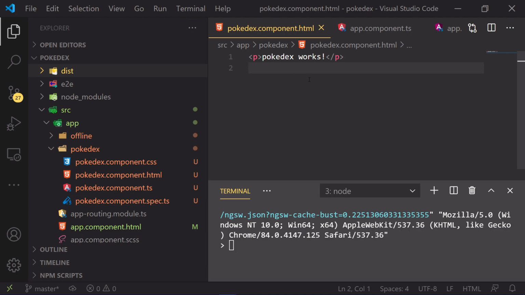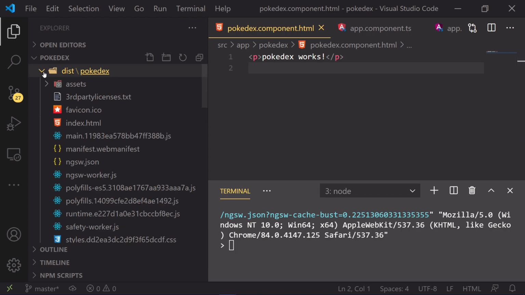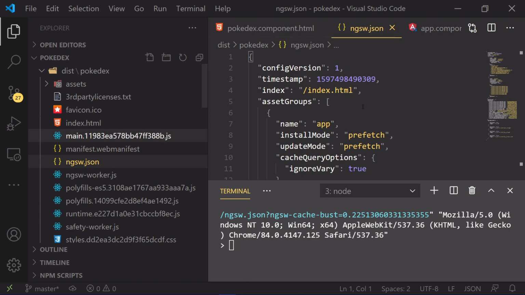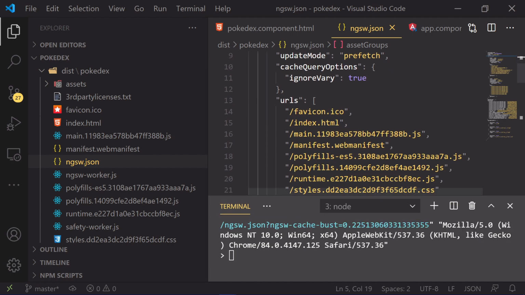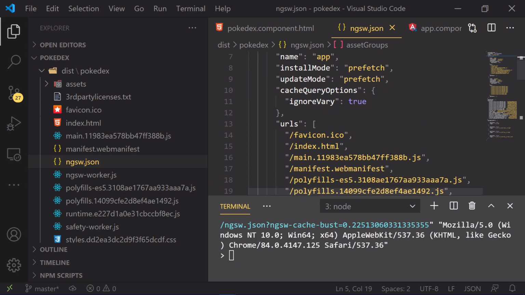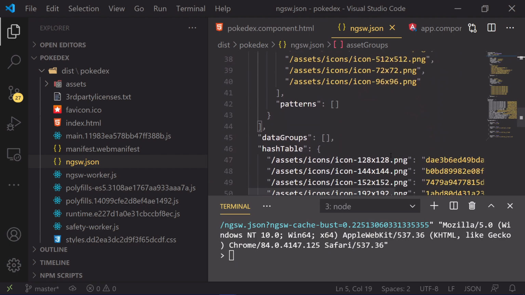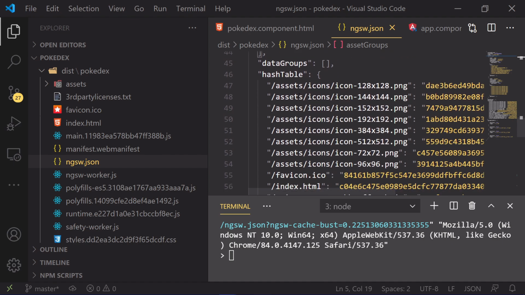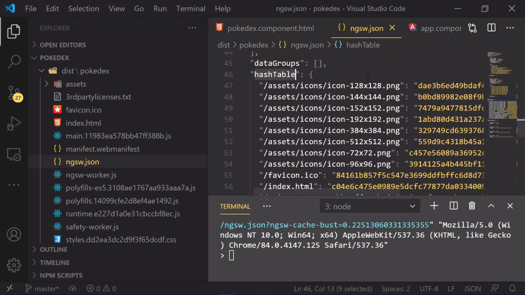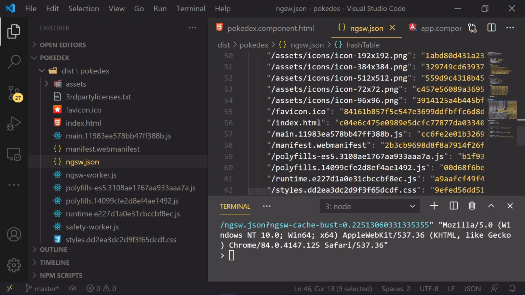That's because of the file which gets created in the dist folder with the name ngsw.json. This is an expanded file of the ng-sw config. It has all the different configuration details, prefetch and everything, but the important part is it has a hash table variable which has a hash value for all of the files which have to be cached.